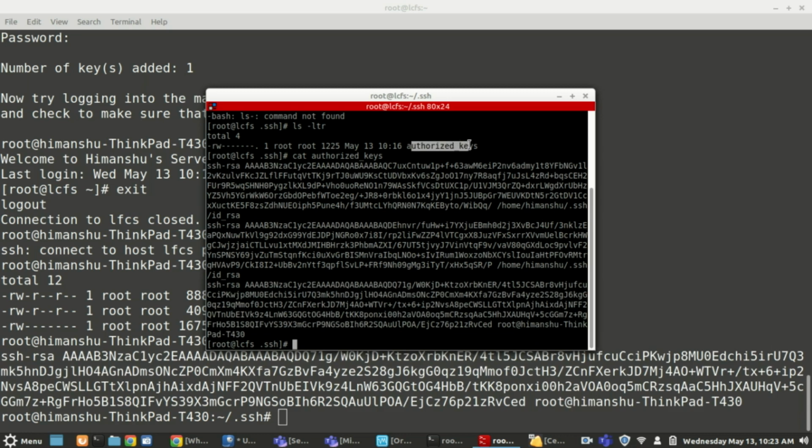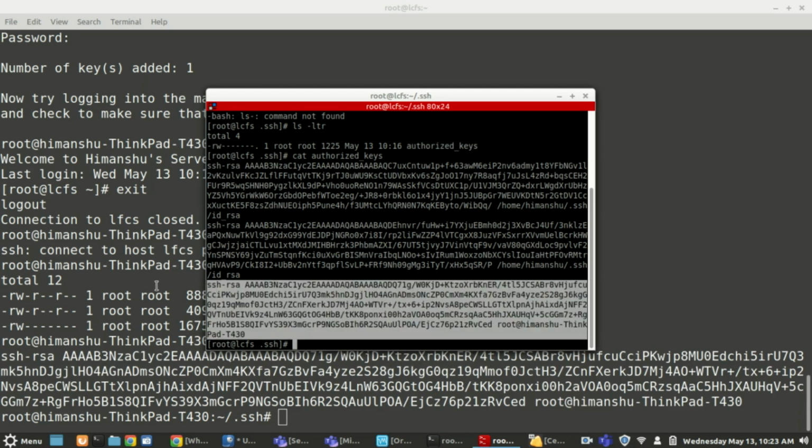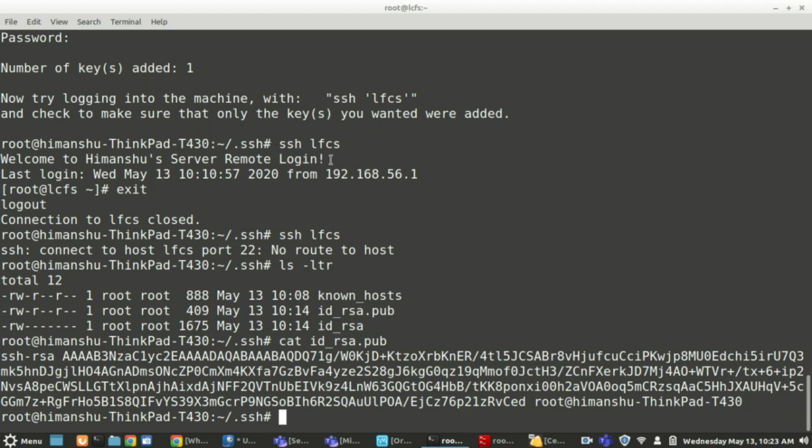So anyone connecting from here, it will authorize. Now this public key and this private key, they will match. They will be used to open up the connection and measure the authenticity. Like when you talk about a bank locker, there are two keys. One is with the customer, one is with the bank. Whenever you go to a bank locker, both the keys are inserted together to open it.